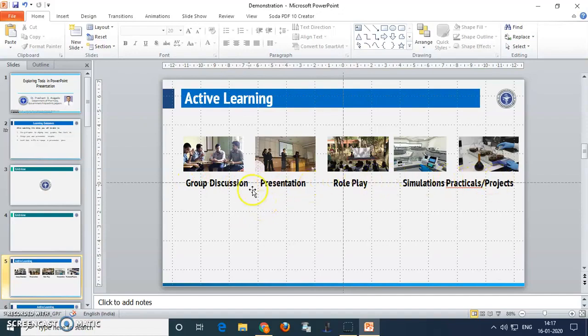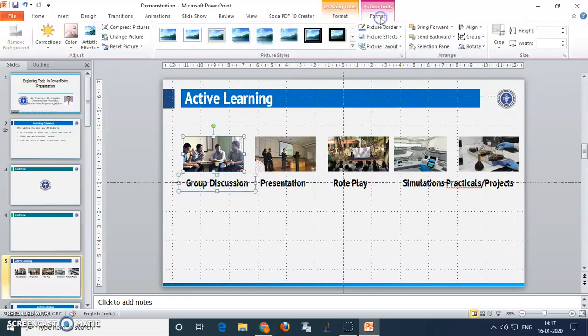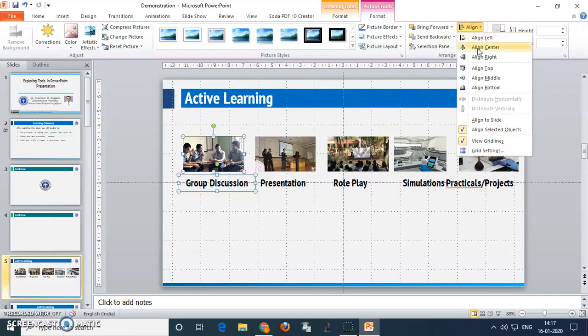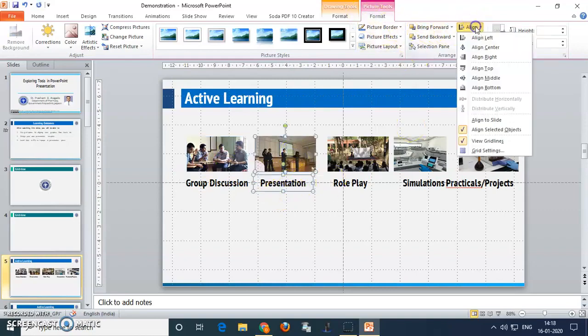Now the next point is that the text should be at the center of the images. Just select one image and select the title of this image, go to the format option, align, and click on align center. See here that the title of this image and that image are aligned in such a position. You can do the same for all the others.